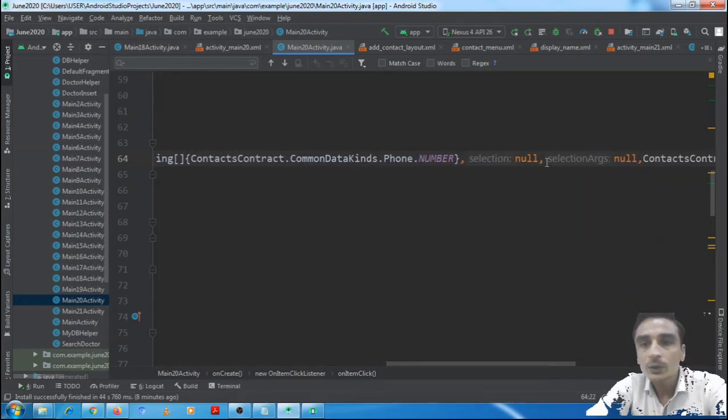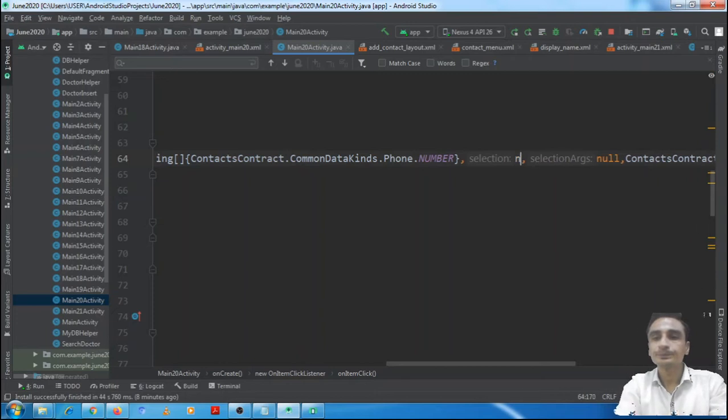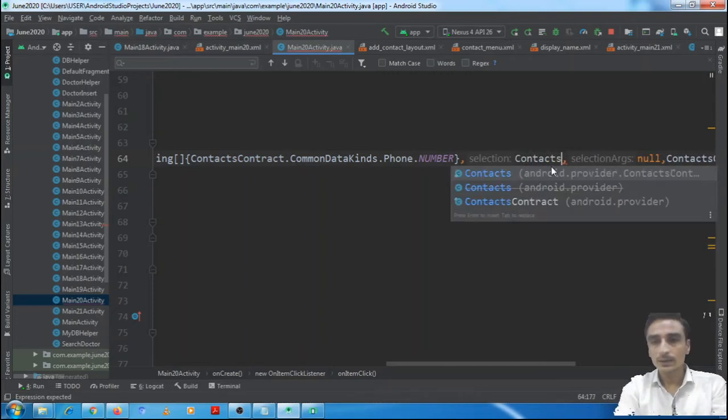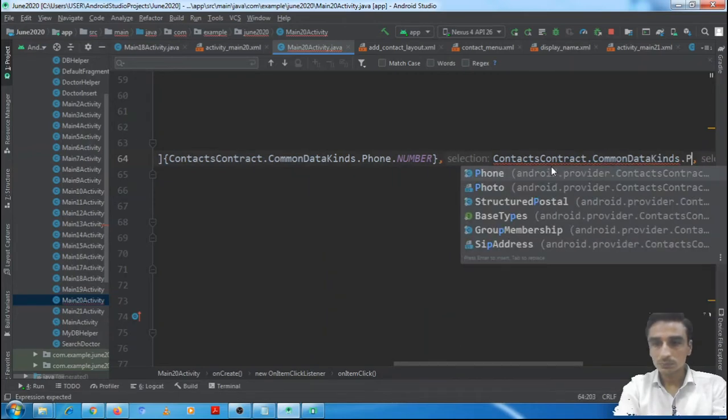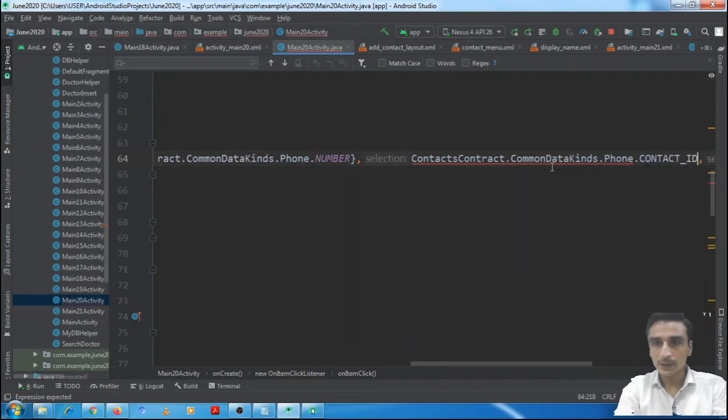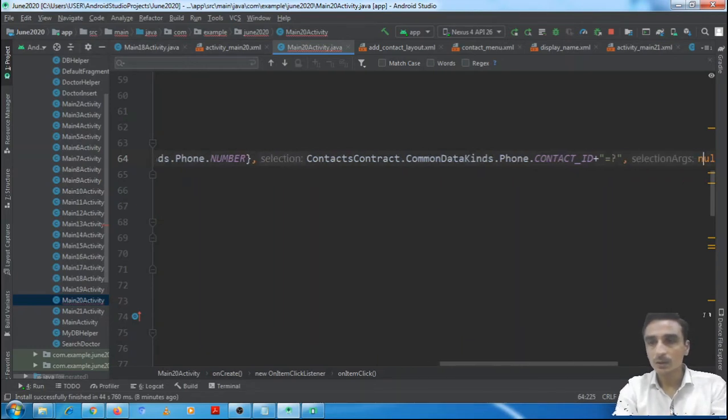And here we need to give the criteria also: ContactsContract.CommonDataKinds.Phone.CONTACT_ID, equal to question mark. What should be the value of that ID? Here new String, we need to pass an array.